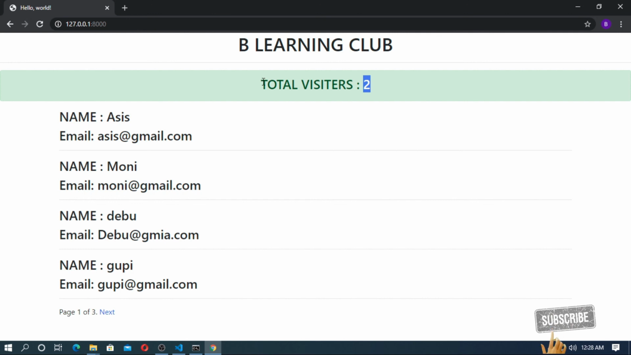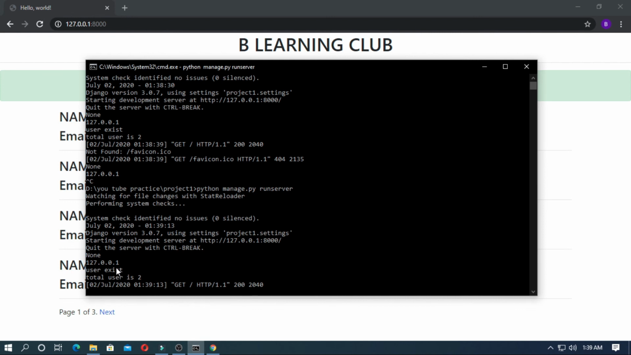So this function will count the total unique visitors in your website. So go to CMD and you can see the user IP address and user exists, the total